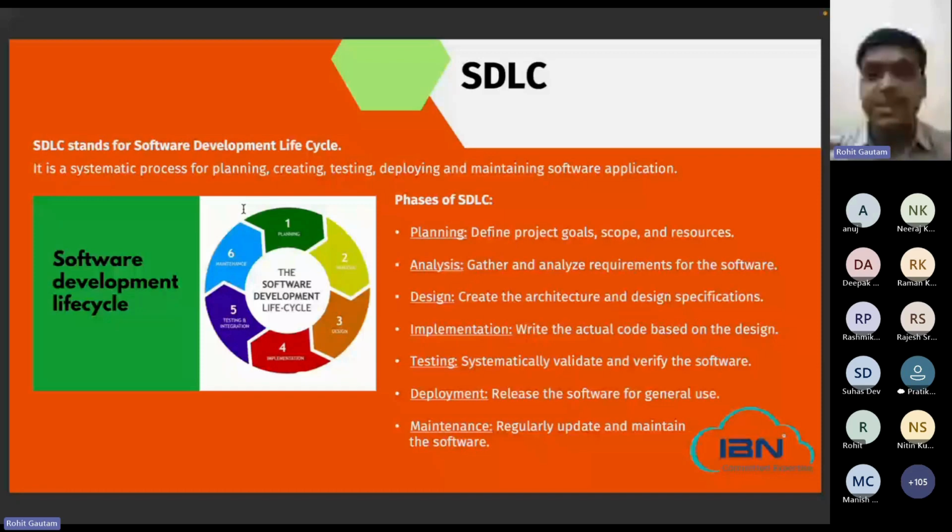Now, what are the 6 phases? Let's understand that. It starts primarily with planning, in which the goals are defined, and the scope is defined of what needs to be created. What is the objective of the given application? What are the resources that are going to be utilized to create the given application? So the first step remains planning, which is the most crucial step, post which is the analysis,